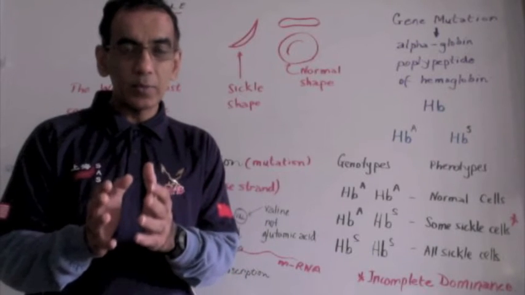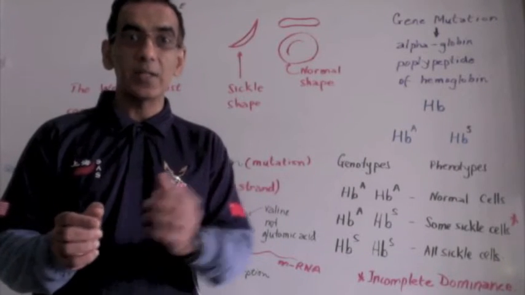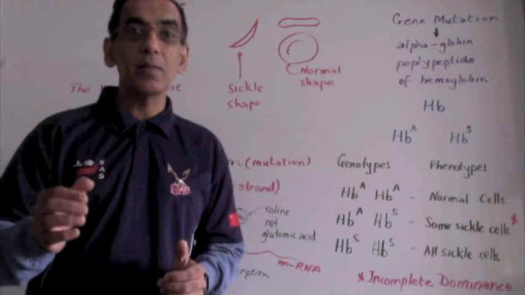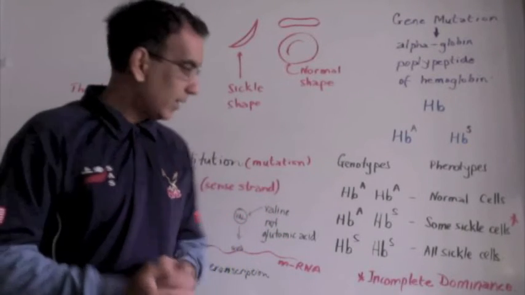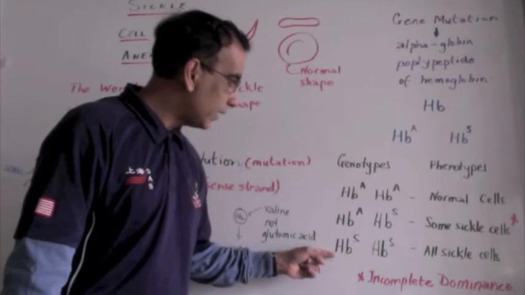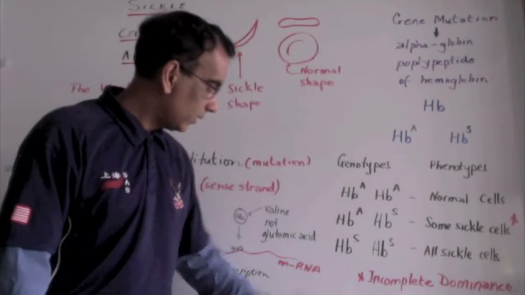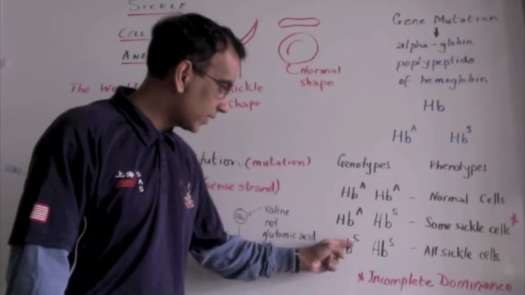So the individual with sickle cell trait, the heterozygote, has some sickle cells and some normal blood cells. And finally, there's also the possibility of having individuals with 100% sickle cells, homozygous for the sickle cell